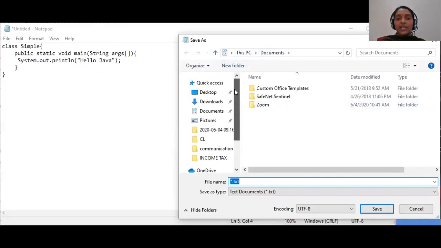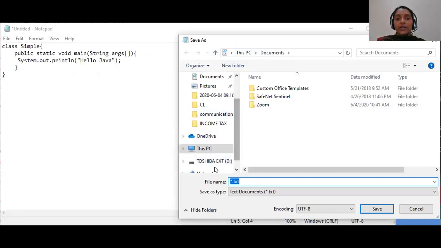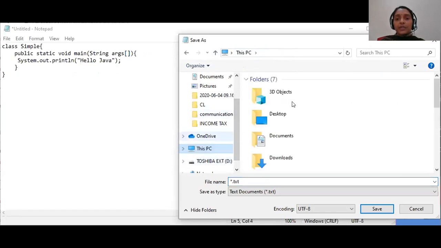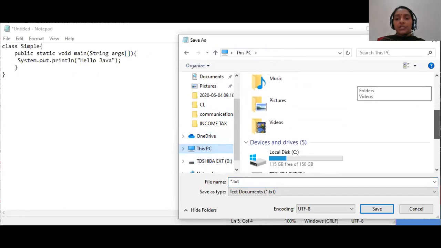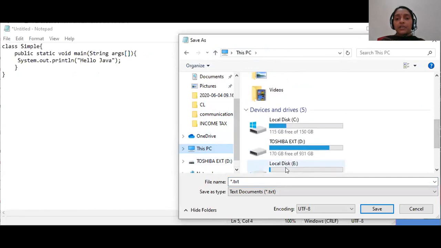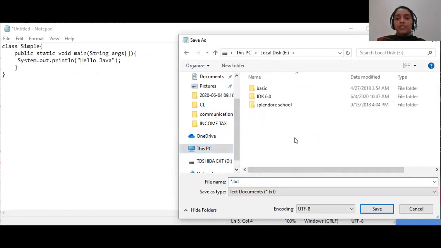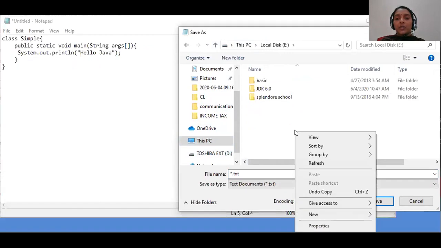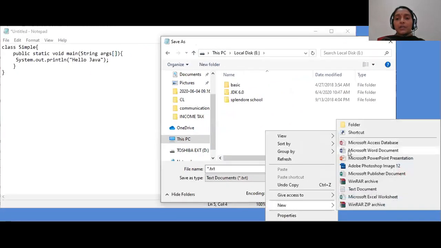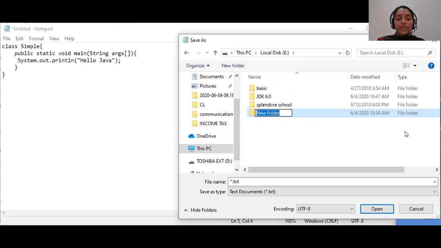So I will save it in, okay, this PC. I'll create a new folder to put all my Java programs in. In my E drive, I will create a folder.